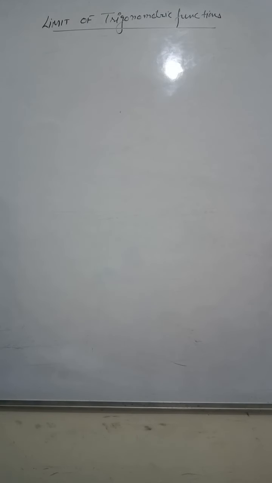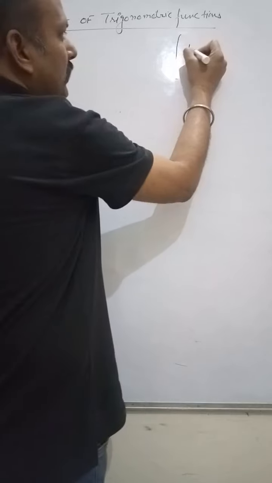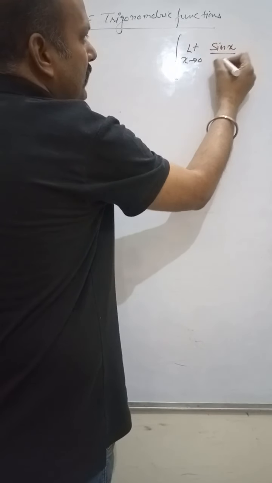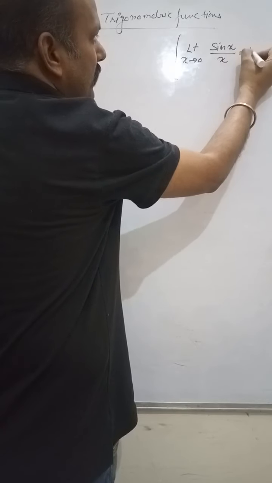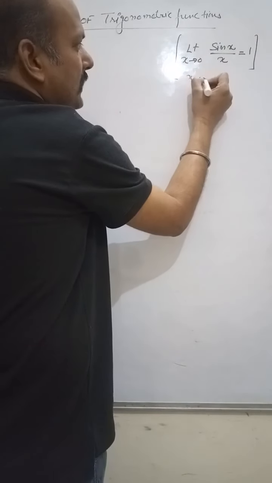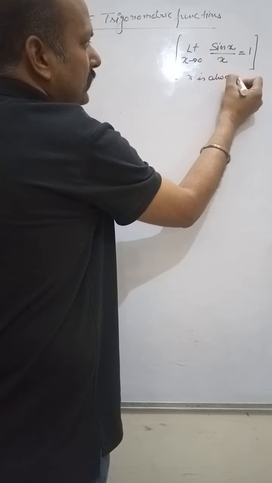Today we have limits of trigonometric functions. To evaluate the limit of trigonometric functions, we need to remember a single formula: the limit of sin x upon x as x goes to 0 is always equal to 1. And keep one thing in mind, x here is always